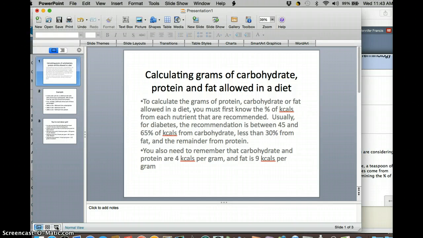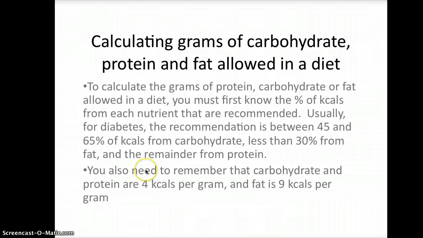Hello, this is Professor Francis, and today we're going to work on calculating grams of carbohydrate, protein, and fat allowed in a diet. To calculate the grams of protein, carbohydrate, and fat in the diet, you need to know